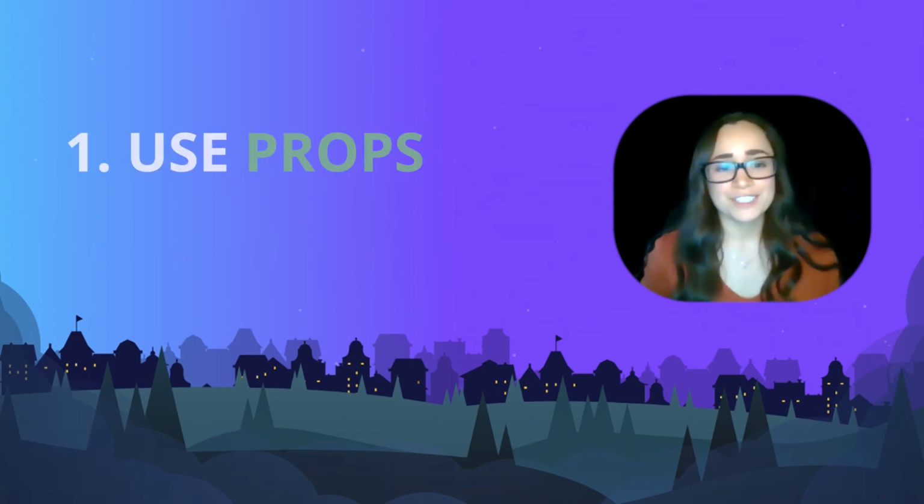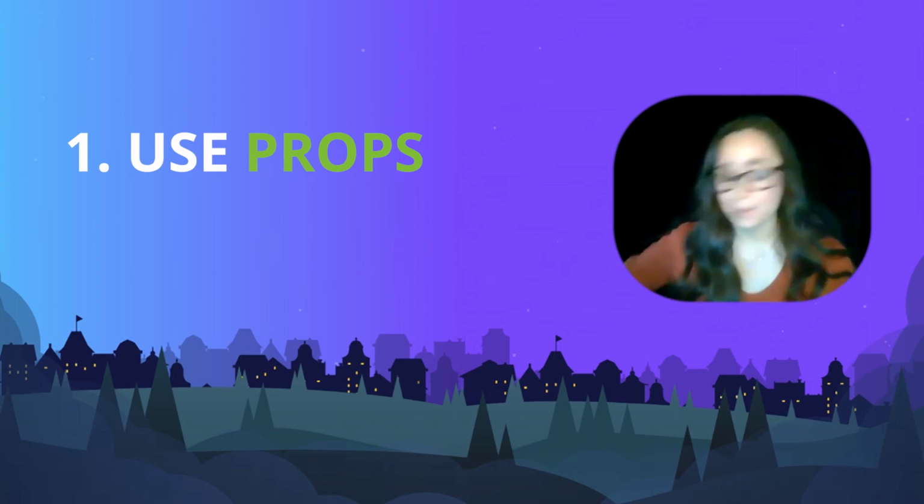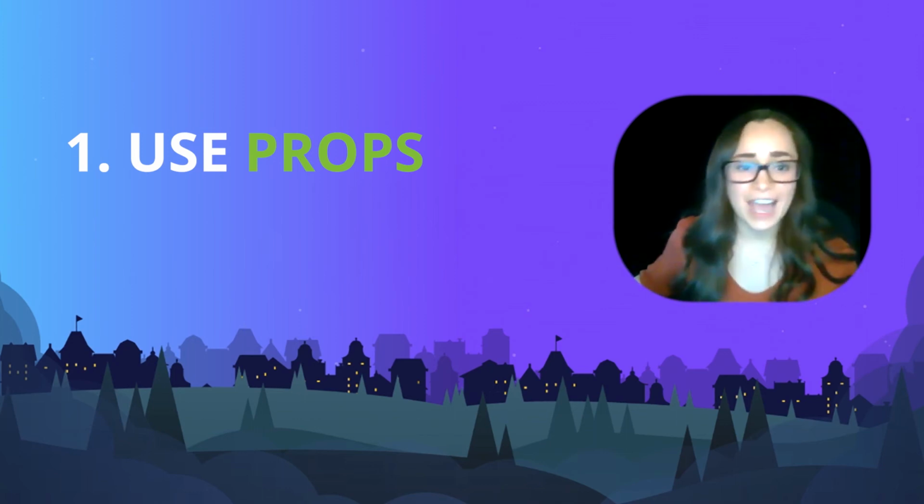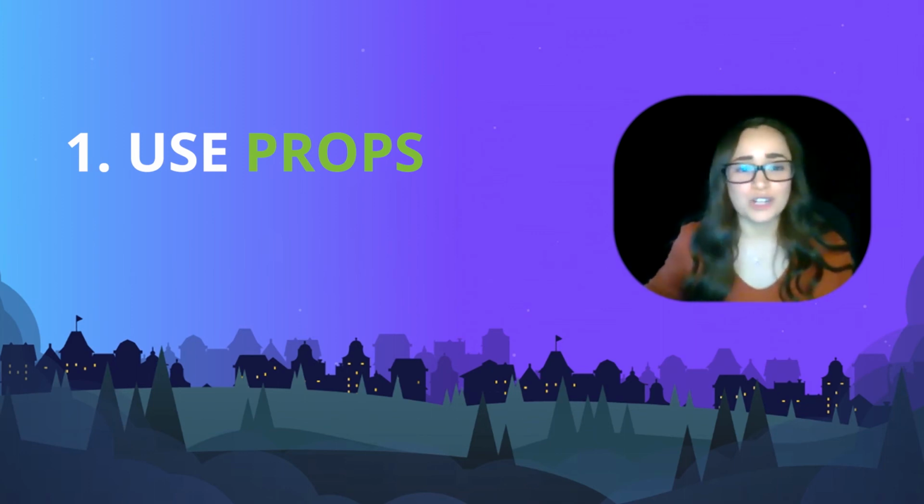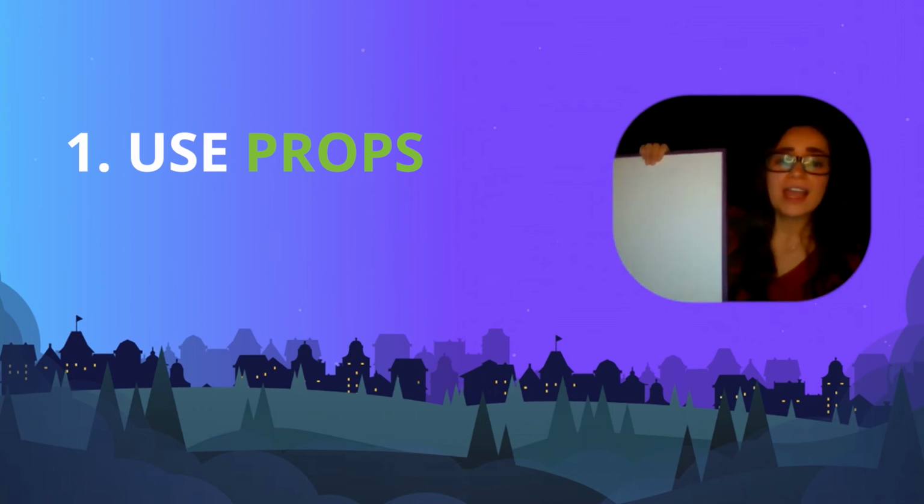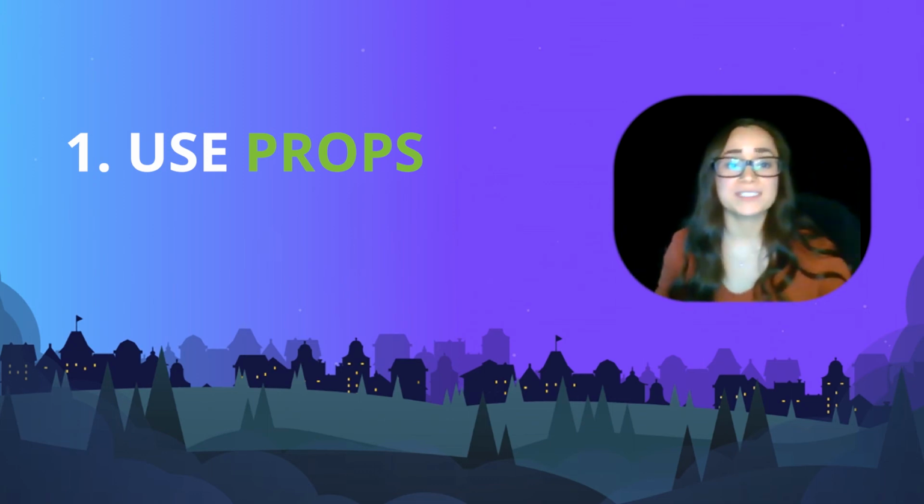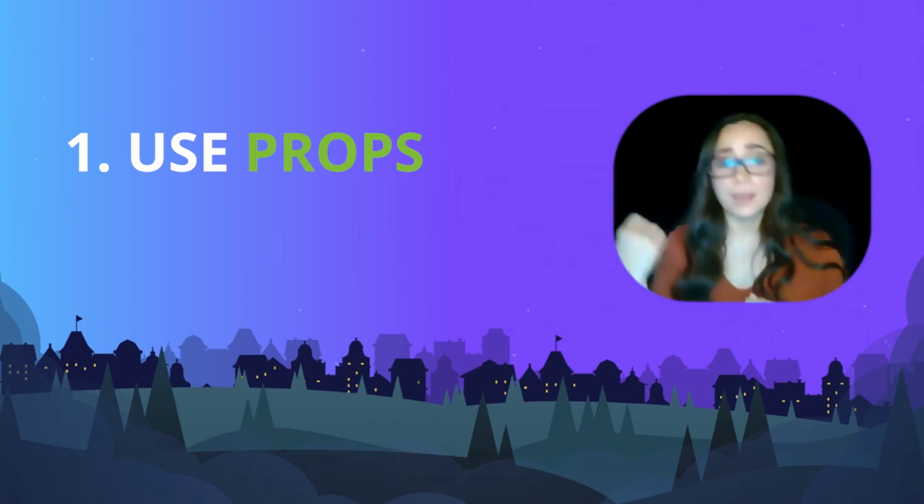So first off is using props. One prop I really like to use is a whiteboard. I think, if you have kids in the house, or even if you go to the dollar store and buy some whiteboard markers or something, you can get something like this, right? A really basic whiteboard. And whenever I'm talking about the difference between THC and CBD, I'll get my whiteboard marker